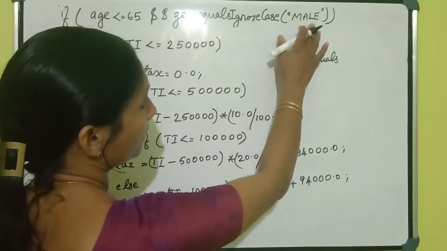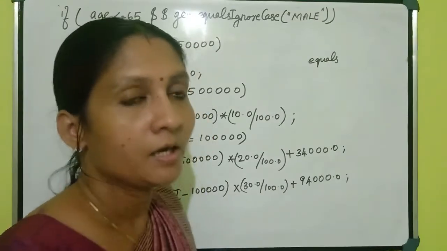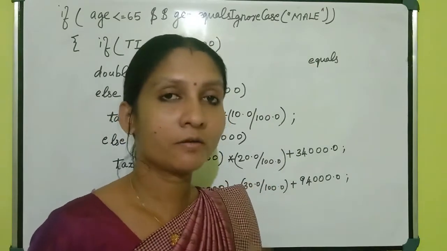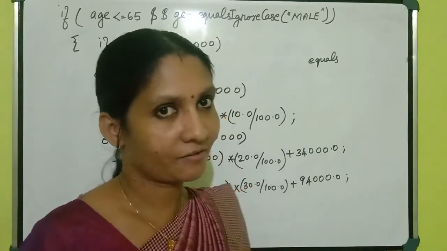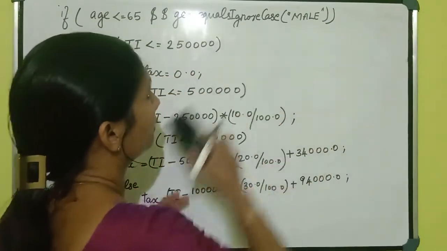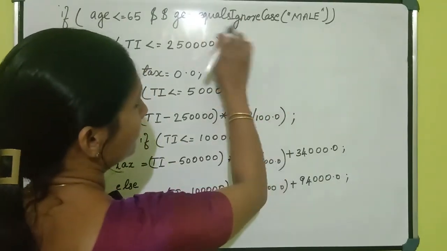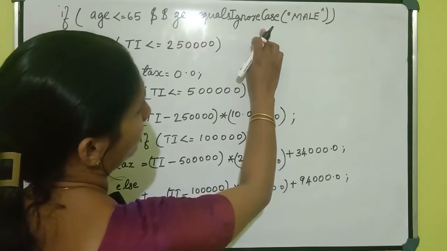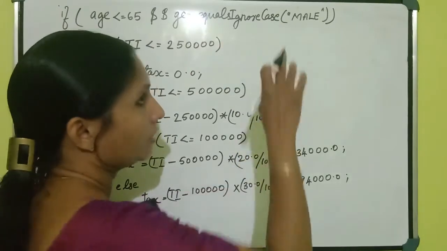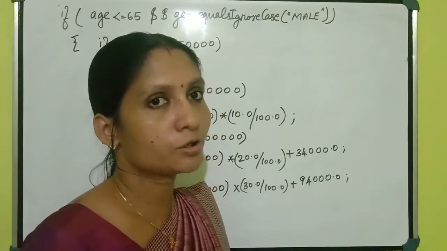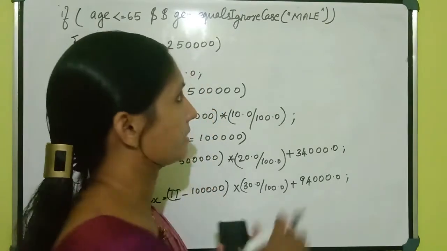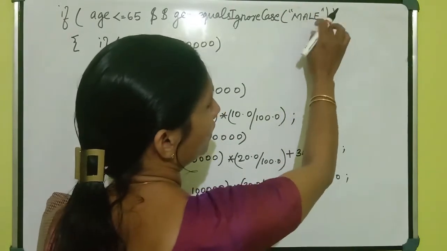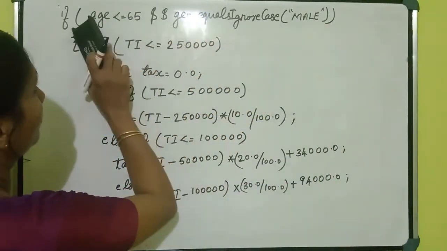If you are giving small letter male or capital letter male, the user will give capital or small letter, it will not consider. But if you are using the equals function, if it is small letter, it will not take the capital letter, like that way. Okay. Then we are using equalsIgnoreCase. See the cases of these letters: equals in small letter, I capital, Ignore, and C also in capital. Okay, we can use this function within brackets. What is your need? We need to compare with the male gender. Okay, that means we can give the value in double inverted commas like this, male, then close the brackets. Okay, that means this bracket and this bracket.